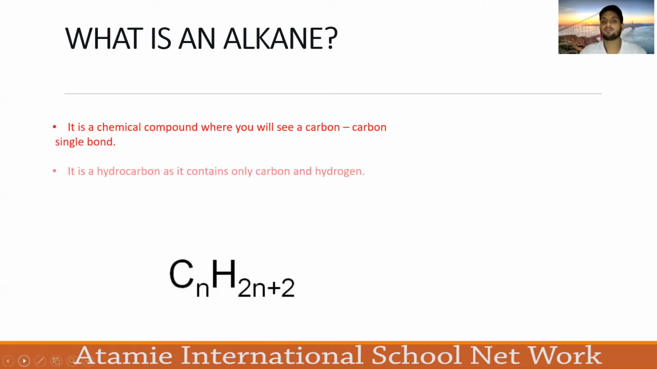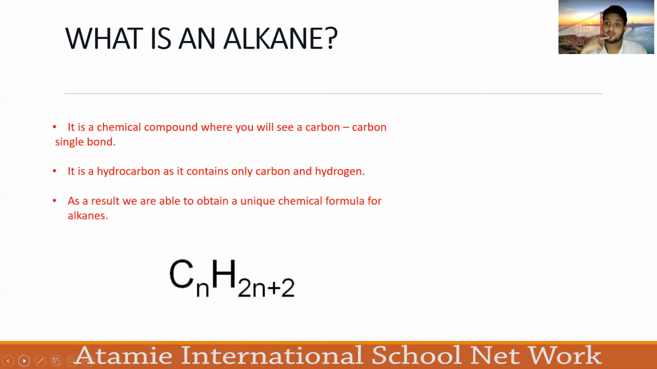In the initial part, you learned about hydrocarbons. A hydrocarbon is a compound which contains only carbon and hydrogen. An alkane is an example of a hydrocarbon, but it has a small unique feature. One of the unique features is that an alkane will always have a carbon-carbon single bond. For example, if I show you something, you can see here